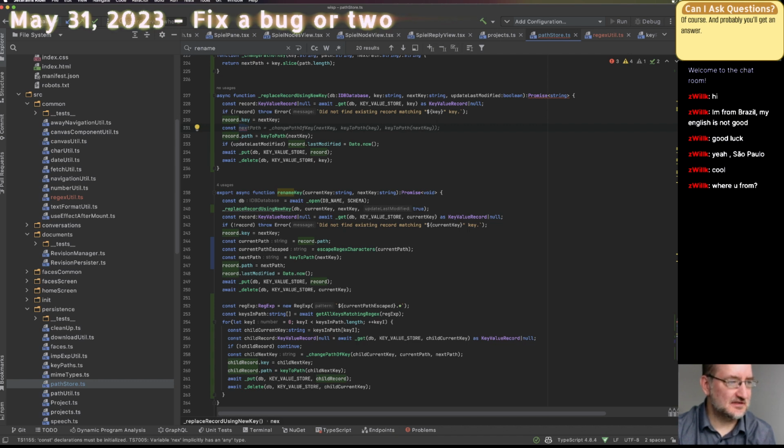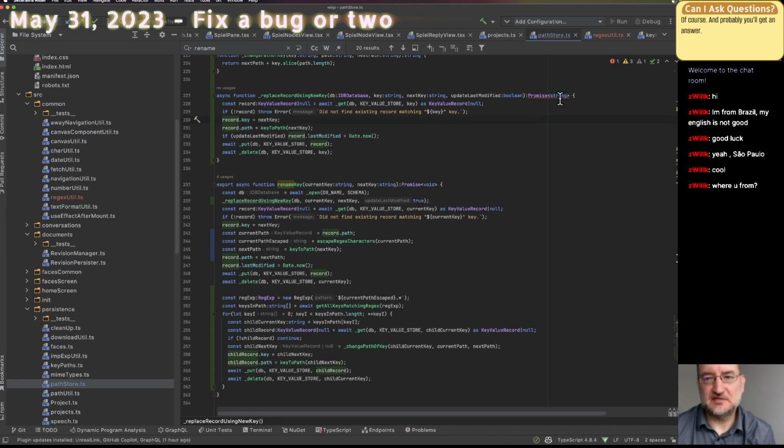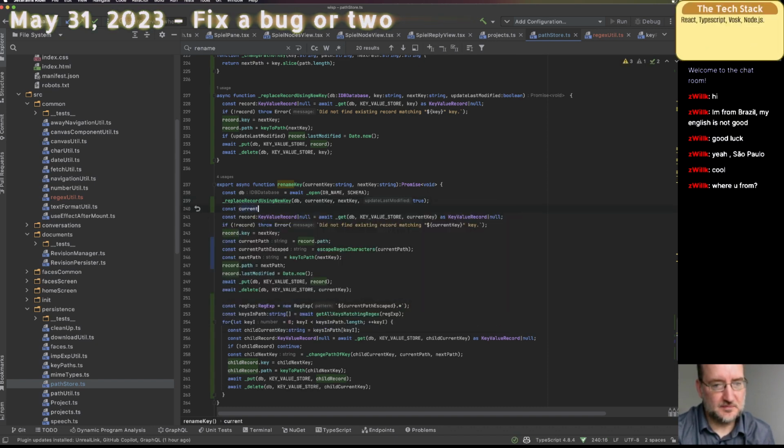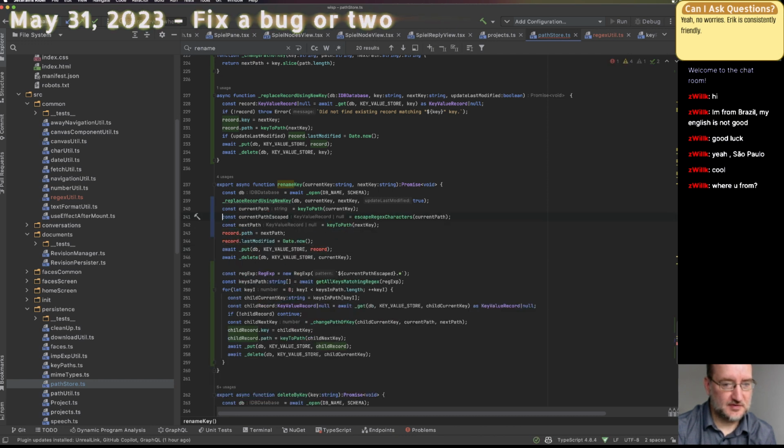That's such a weird side effect. I can get it in a redundant way from the key. Okay, so let's say const current path equals that. Then I can get rid of this. Bam. Set that.